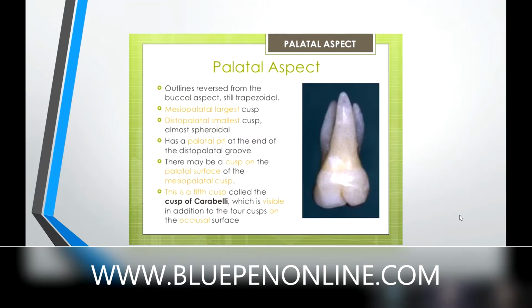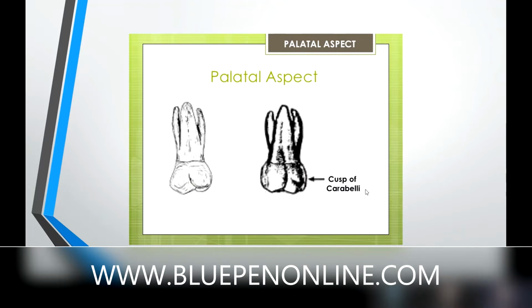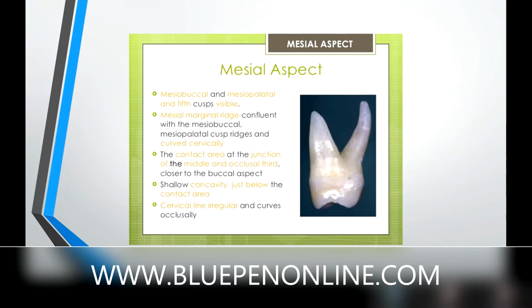Which one, ma'am? This here, it's not that prominent. It's not that visible. This here is the fifth cusp. This is the mesopalatal cusp, distopalatal cusp. All along the line of the mesopalatal cusp only, you will get this smaller cusp, which is called the cusp of Carabelli. Mesobuccal, mesopalatal,